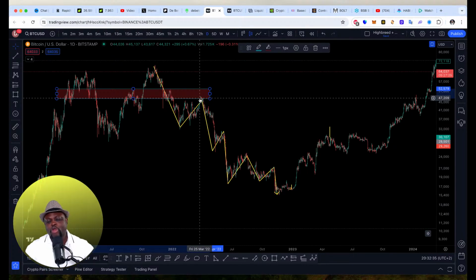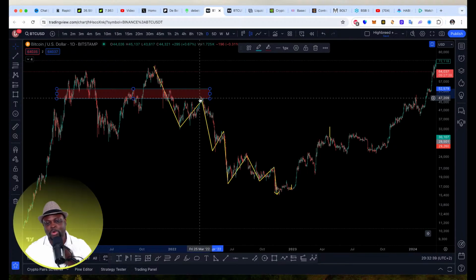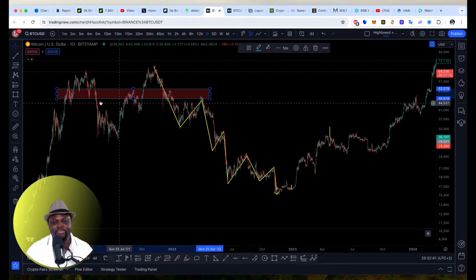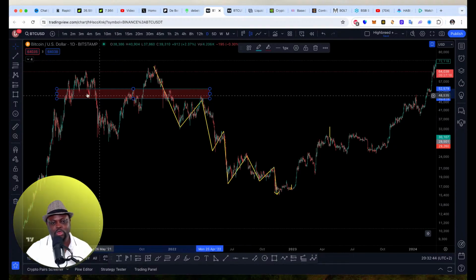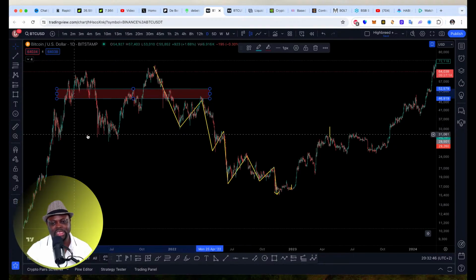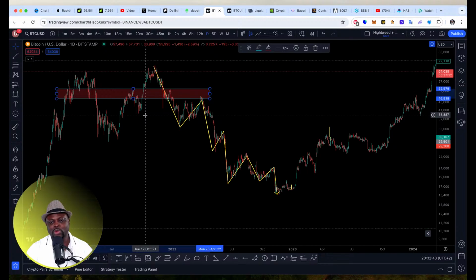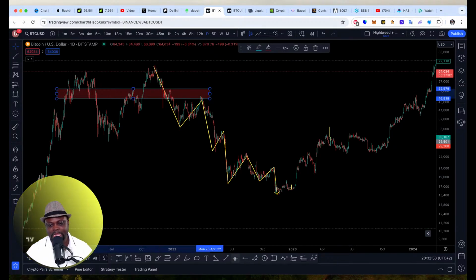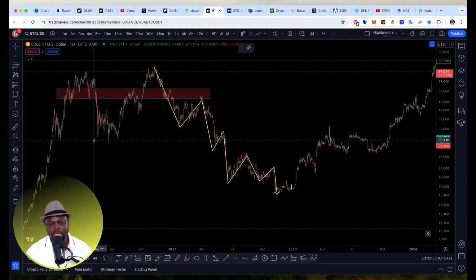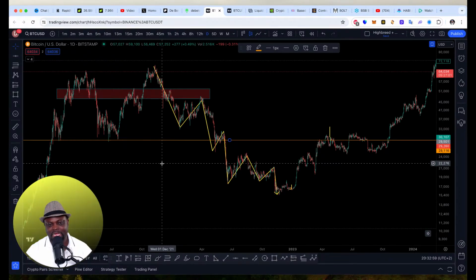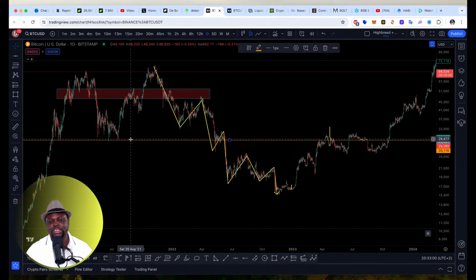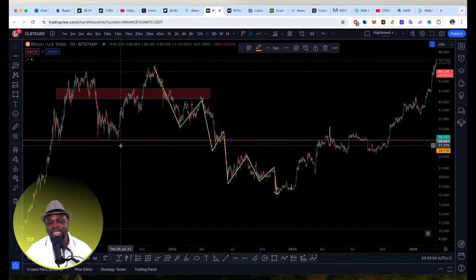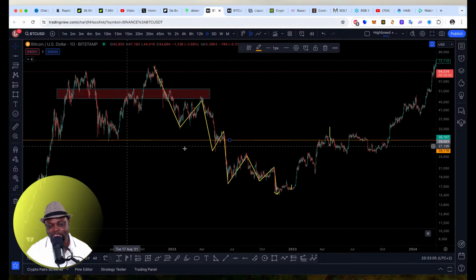Now, for you to be able to confirm a switch of trend, I'm going to tell you when price breaks structure. Because you see price was holding this area, but the actual structure was this area, this zone. This was the actual structure. That would have given you a confirmation that price was going to do something different. And this is something you look at when price is going down and also when price is going up.